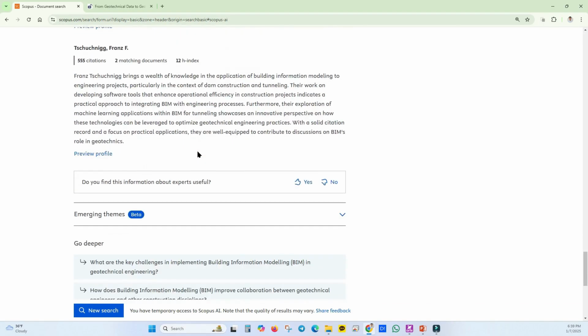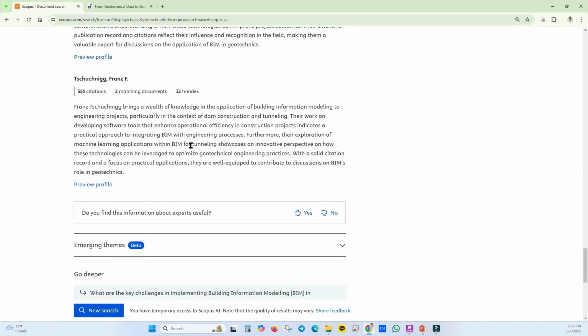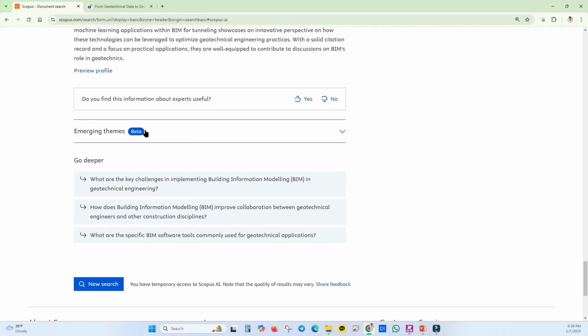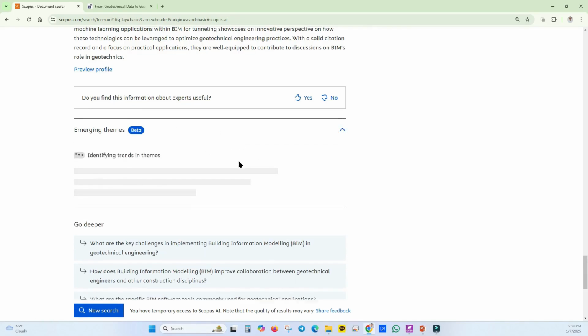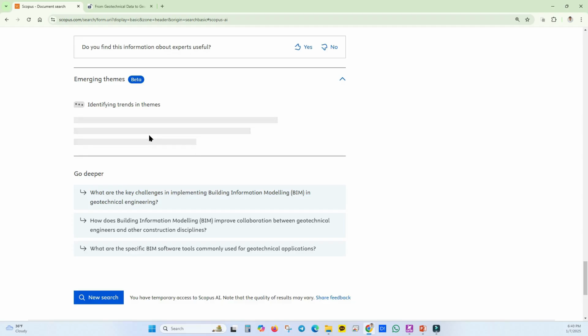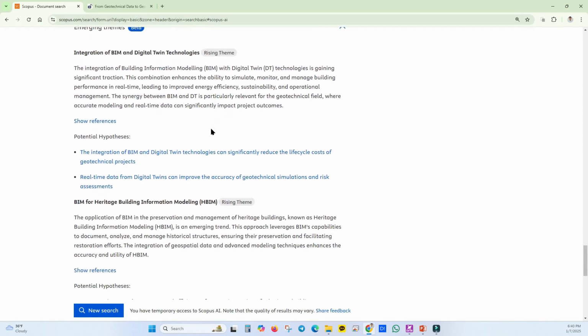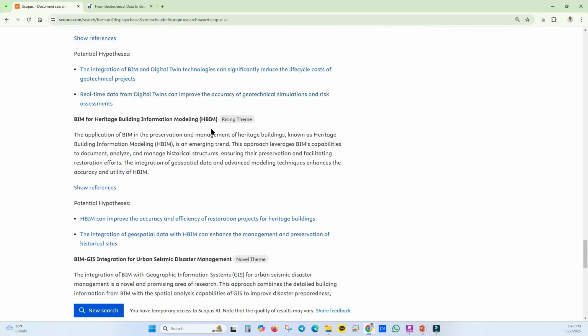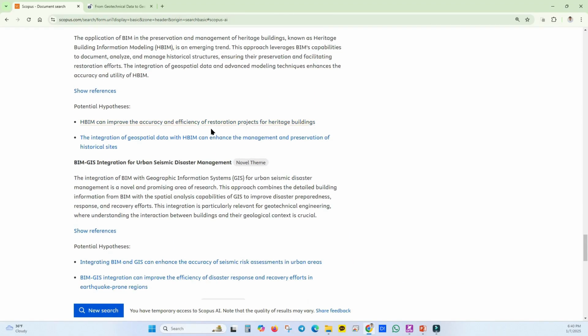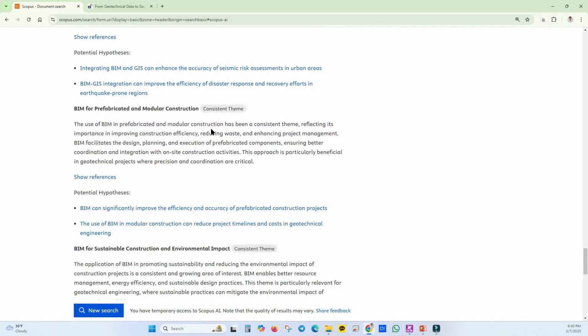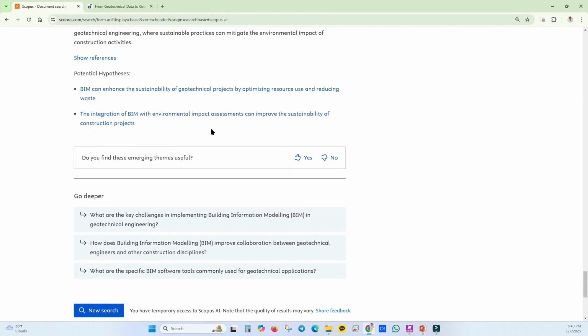It also lists people who have worked a lot in this area, and this section has just been added. I hadn't seen it before. I don't know what emerging themes is, and we should definitely evaluate it. Now, when you get the chance, you can try it out and see how it works. I sincerely hope that your esteemed institutions actually have full access to this comprehensive database, so you can effectively utilize this incredibly useful tool in all your important research and academic studies.